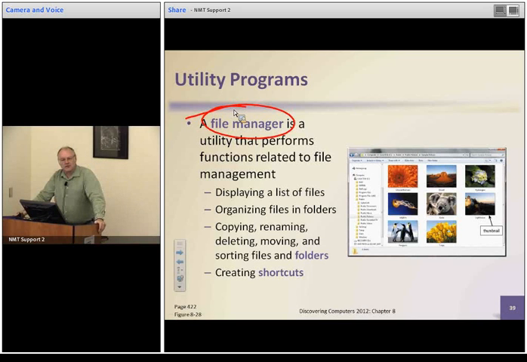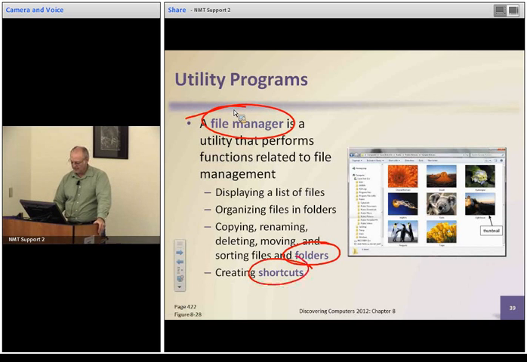Every OS has its own way of managing files, so it better have its own file manager so you can get at your data. And we know about folders. Those are where you store things. Shortcuts, those are those icons on the desktop you click